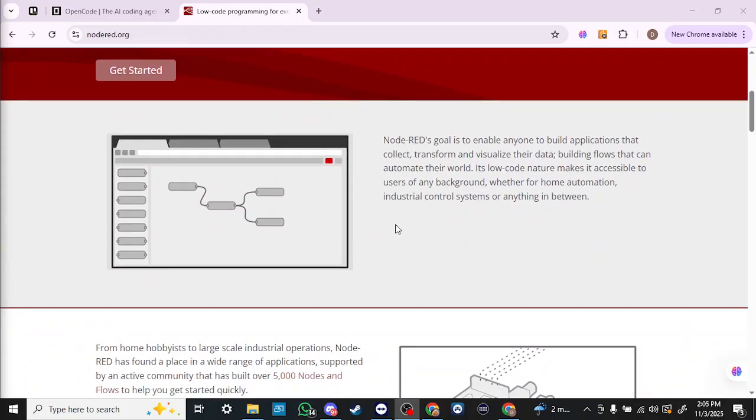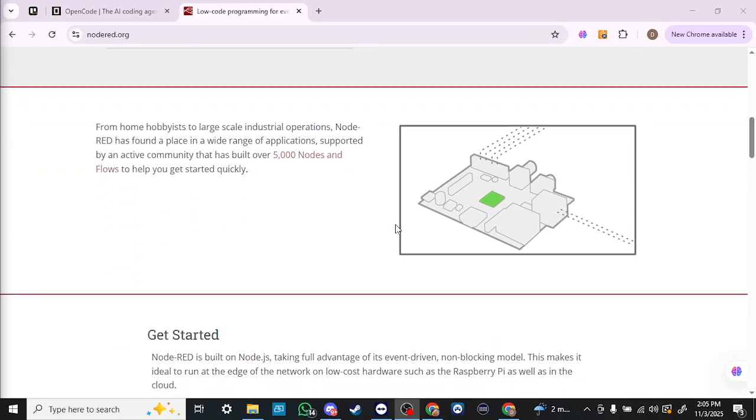Node-RED's goal is to enable anyone to build applications that collect, transform, and visualize their data, building flows that can automate their world. Its low-code nature makes it accessible to users of any background, whether for home automation, industrial control systems, or anything in between. From home hobbyists to large-scale industrial operations, Node-RED has found a place in a wide range of applications supported by an active community that has built over 5,000 nodes and flows to